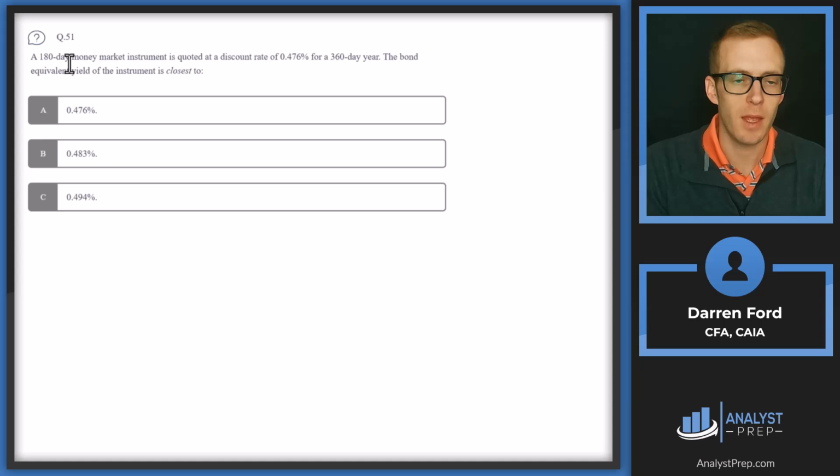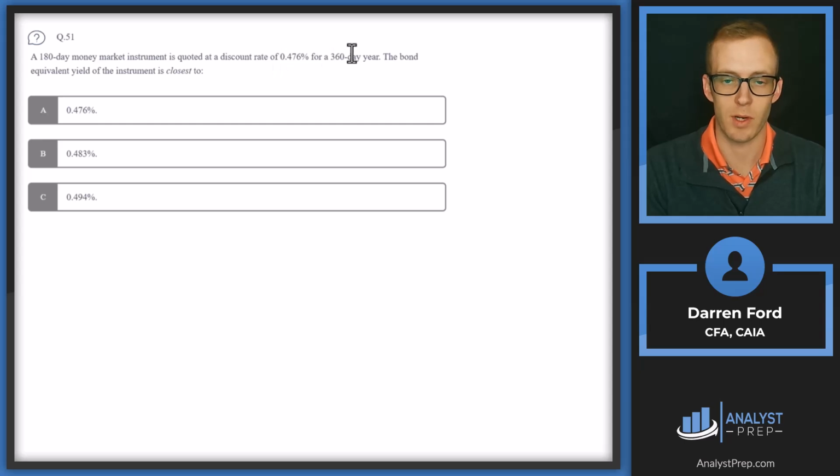Question 51. A 180-day money market instrument is quoted at a discount rate of 0.476% for a 360-day year. The bond equivalent yield of the instrument is closest to: 0.476, 0.483, or 0.494%. So the main difference here between money market and the bond equivalent yield is going to be,